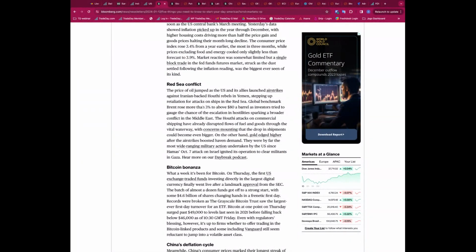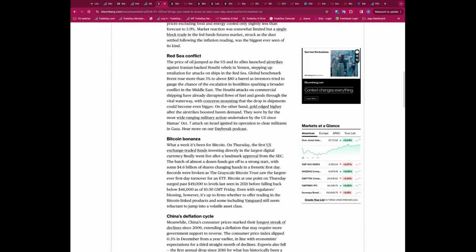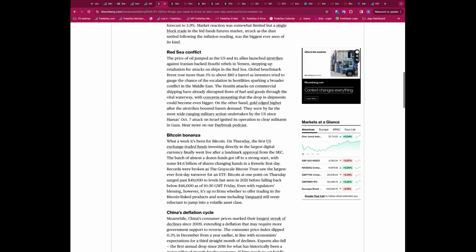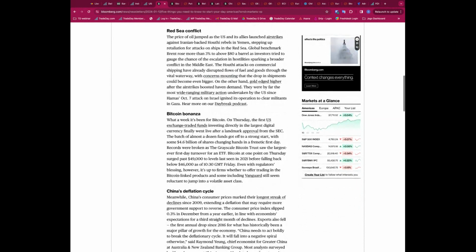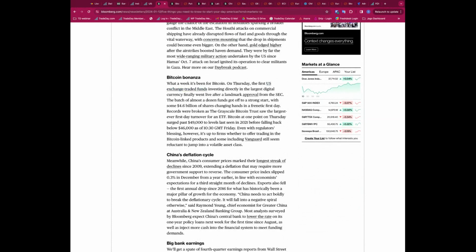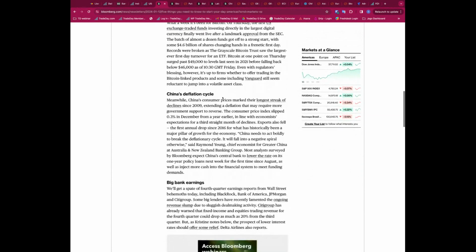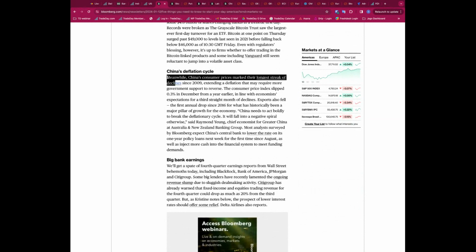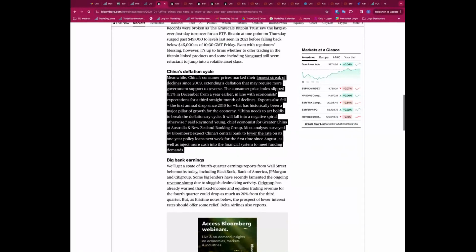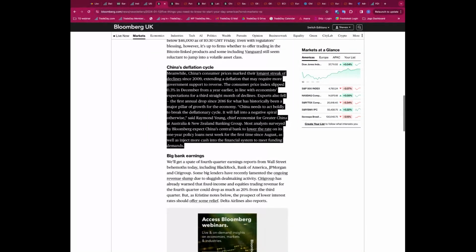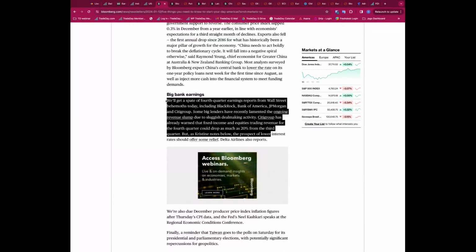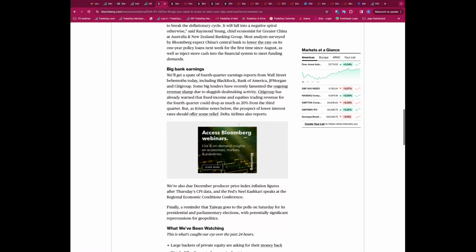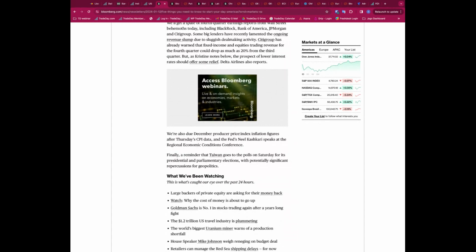Red Sea conflict, we've already spoken about this. We saw Brent up 3% this morning, a jump higher across crude, West Texas Intermediate, WTI, also jumping higher. Bitcoin, we've already discussed that, really not impacting on the broader markets that we're talking about. And there's that deflationary story that we've already spoken about, re China and big bank earnings. Again, this was written before those earnings were released. So we've obviously seen that data now, so obviously not great. Talking in here about the PPI data, and Kashkari is coming out today.